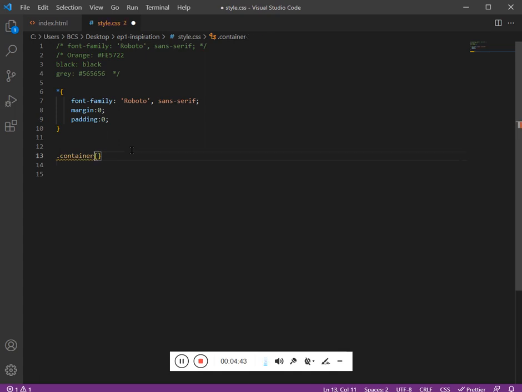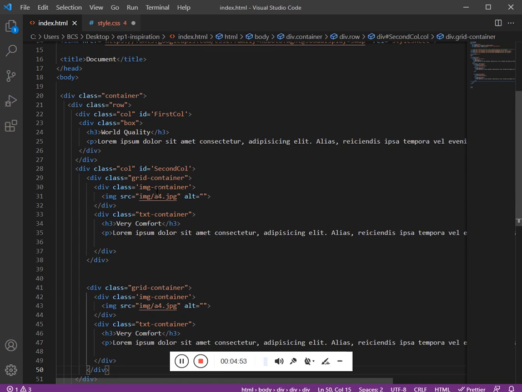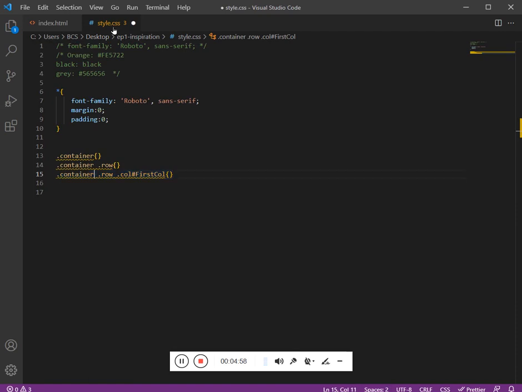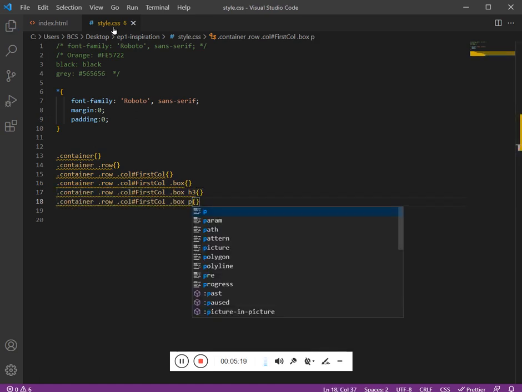Inside container we have row, inside row we have column with ID first column, and this column has the box. Inside the box we have h3, and inside the box we have paragraph.